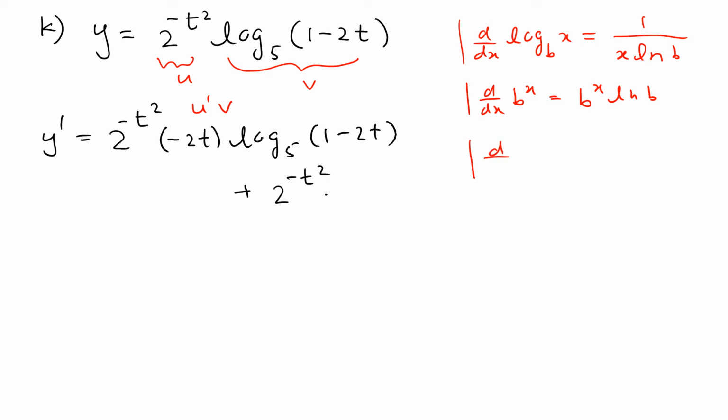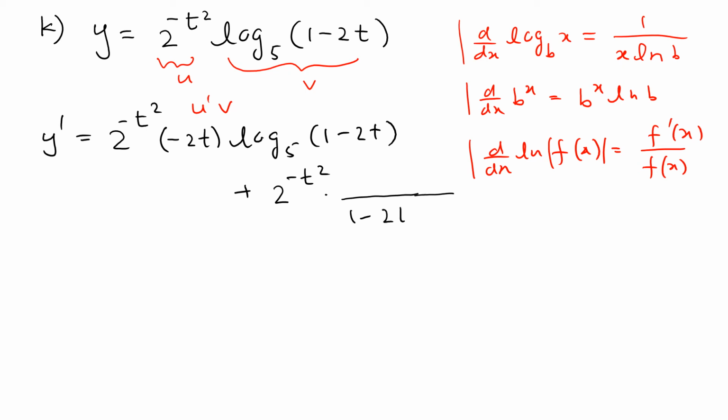So the derivative of the log function is, we know that, so if you recall that also, if you have a ln f(x), it is simply you write the f(x) in the denominator and f prime x on the top. So that is the derivative of a log, even with absolute sign. So even if you put absolute sign, it's the same thing. So according to that, you write the function down. So the function is 1 minus 2t, and then